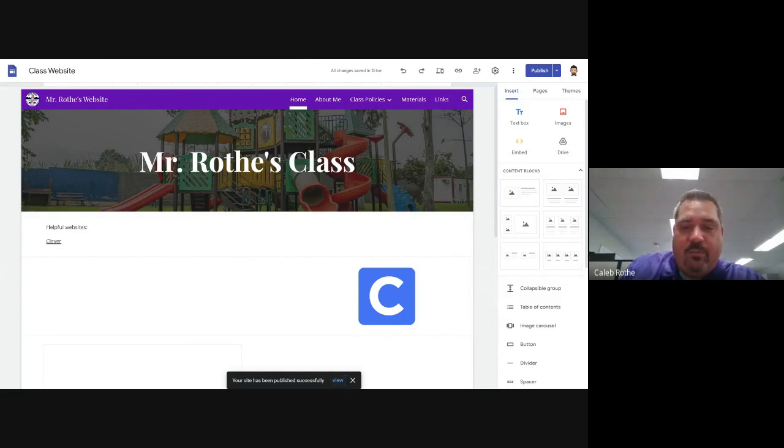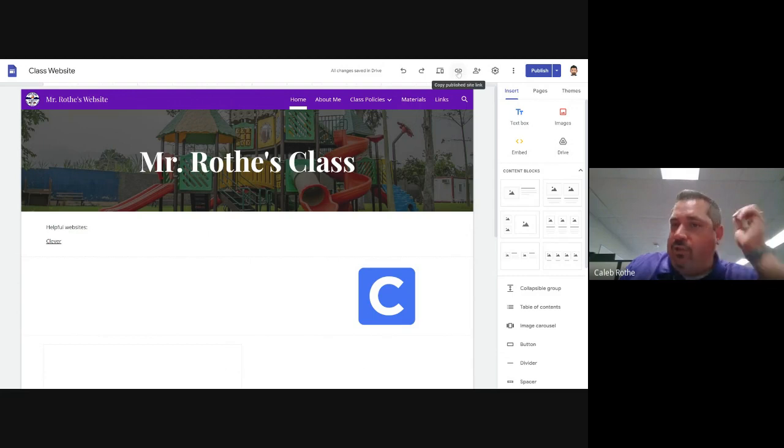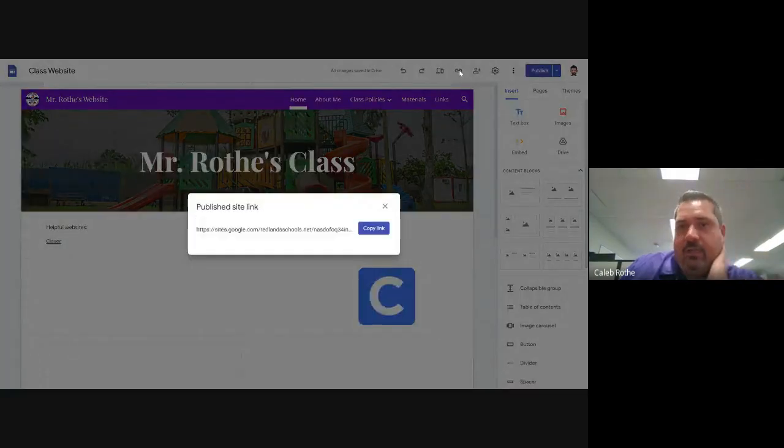But I know what you're thinking. Wait, what was that link? I don't remember that link. Is there an easy way to get the link? Yes, there is. Up here in the upper right, you'll notice there's a little link button. This allows you to copy the published site link. So I'm going to click that. Here's the published site link. Here's the link to my website,